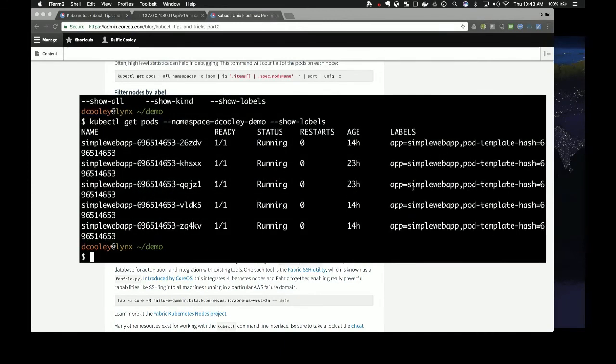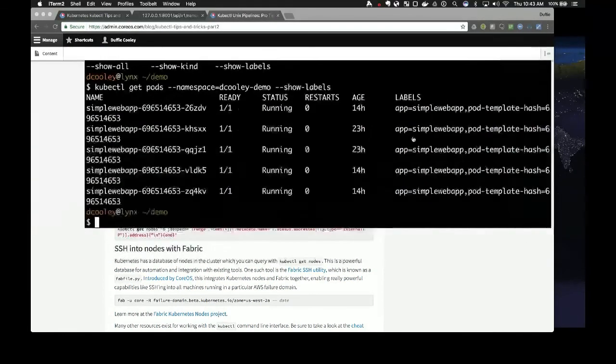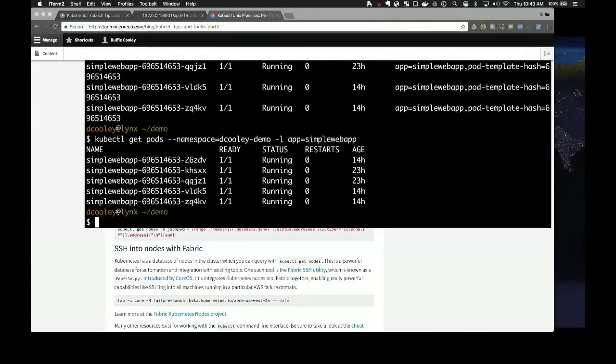Now, what's interesting here in this output is that we can see there are 5 instances of a simple application running, and the labels allow us to easily identify those objects. So if we do kubectl get pods -l app=simple-web-app, I can see what the output is, and if I do anything not that,